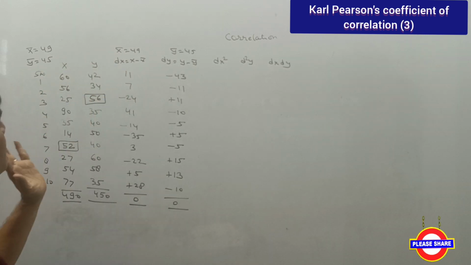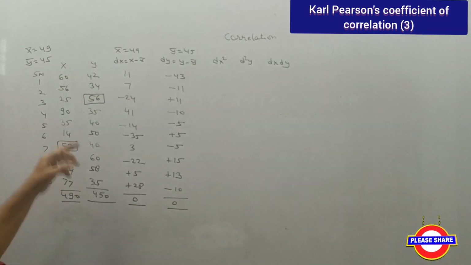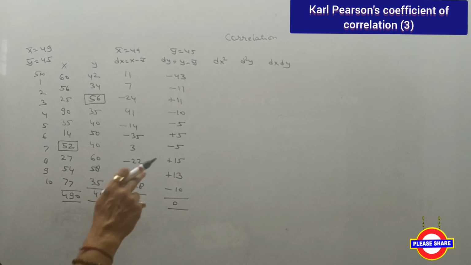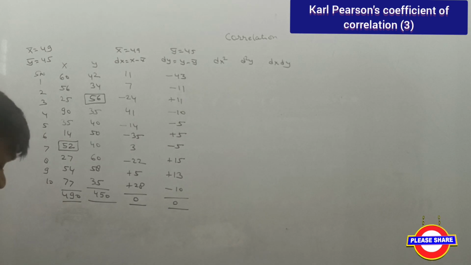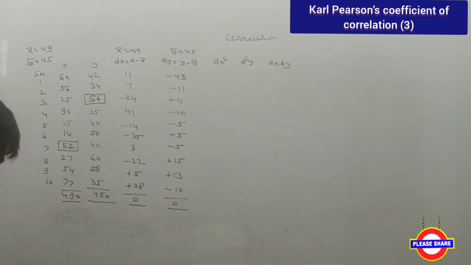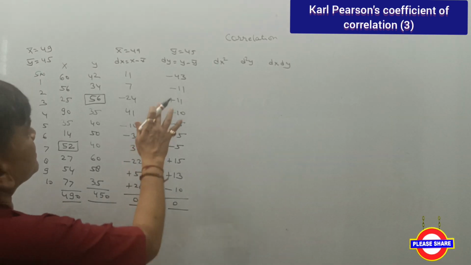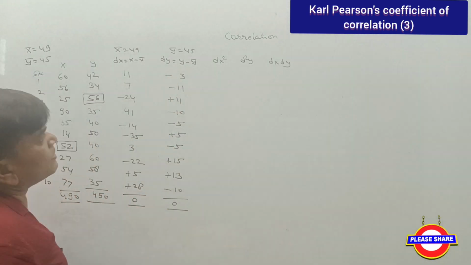This will be 56, no problem at all. I have 42 where deduction is over there. Then 42 minus 45, there will be minus 3. Then the result will be 0. Okay.